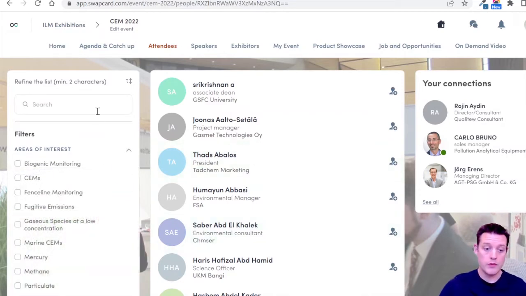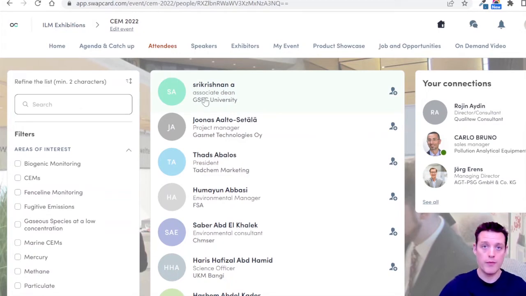You have the ability to search for attendees. So if you're looking for attendees from a particular institution or a particular attendee that you know by name, you can search for them in this system. And as you're engaging with the event over the course of the week and in the week leading up to the event, once we've opened up the access, it will start building potential matches for you. So it will suggest people that you maybe have a similar interest with or people that you might like to connect with. They'll come up as essentially potential matches that you'll be able to reach out to and engage with.